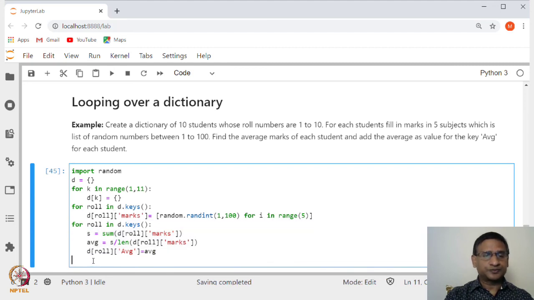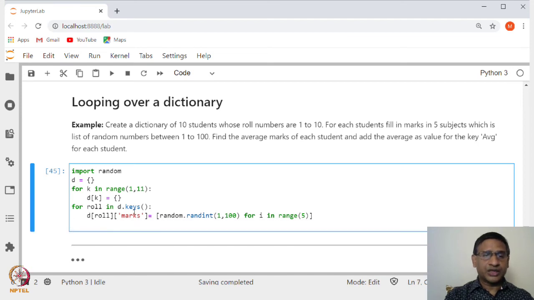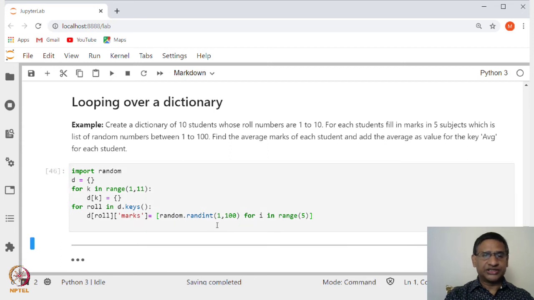Then we will generate the marks. So, marks is a key inside this dictionary, and that marks is a list of 5 random integers between 1 and 100. Okay. So, let us generate this.